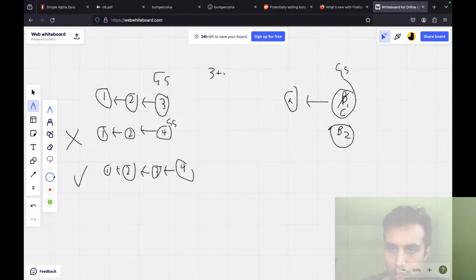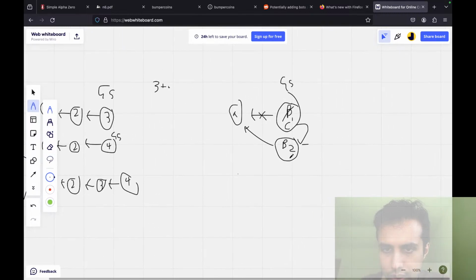And then when we clone B, we also clone its previous pointer. So now that we have C, we replace its prev pointer to not point to the old prev, but instead point to that which we cloned. So now we are done. Now we have CBA. So the final outcome is what we want, CBA. It's not CA, it's CBA.